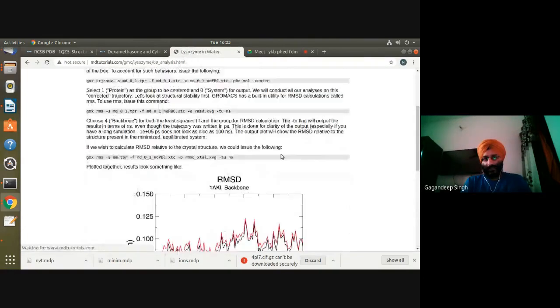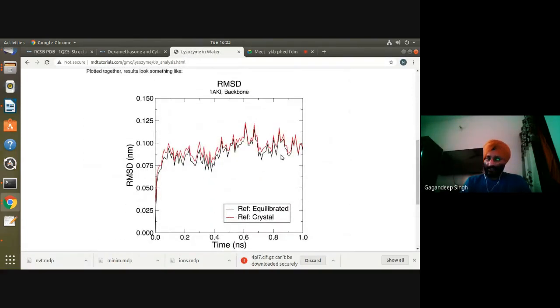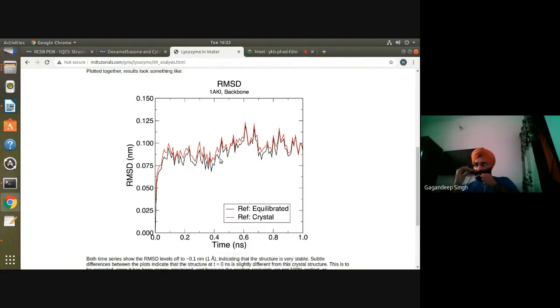Next, the analysis part. What you want to conclude is that your structure is stable or not. If your structure is stable with a particular time and the root mean square deviation is constant, it means your structure can accept that particular drug that you have designed. It is stable, it is in its original form after binding that drug as well. In short, you can say your structure is stable and it is suitable for drug designing.